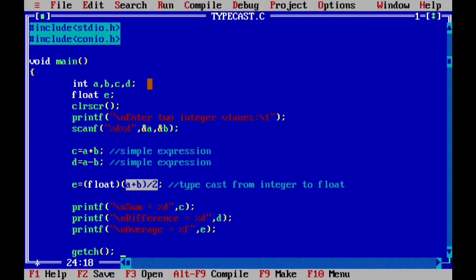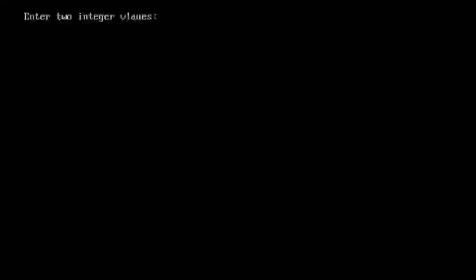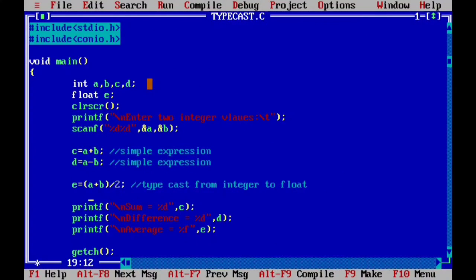Let's run it one more time, but this time let's remove this typecasting. Let's see what is the output after this. Let's run it now, right? I'm giving the same inputs so that you can see the difference, 10 and 5. This time you see 7.0000 is assigned to our floating point variable because it was not typecasted.